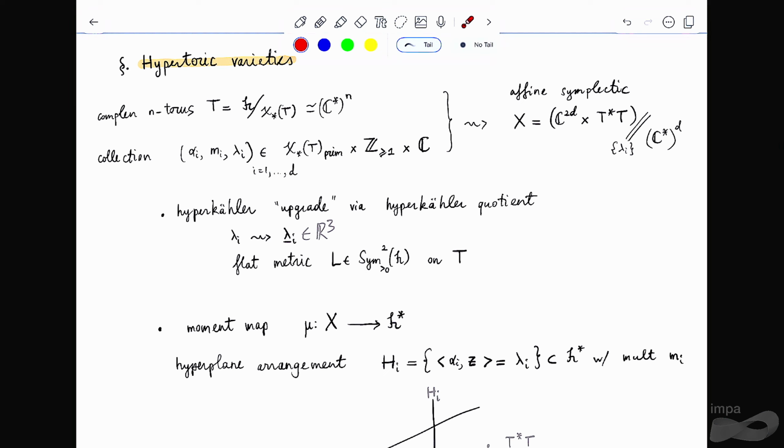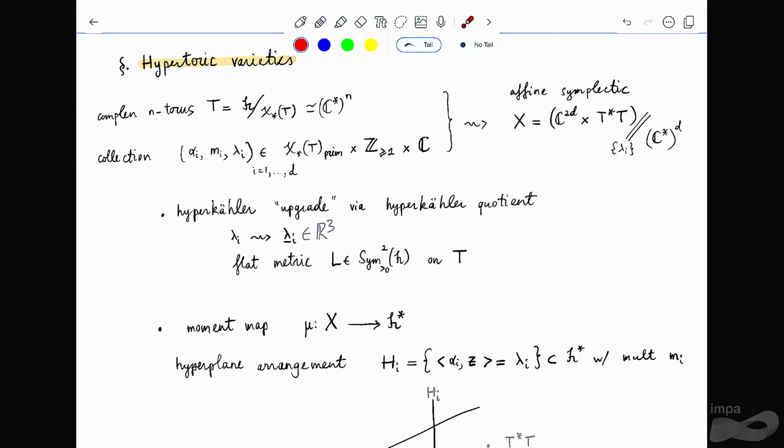So first, just in a generic complex structure, and the best way to construct them both as a complex symplectic manifold in a generic complex structure and the Hyperkähler metric is via holomorphic symplectic and Hyperkähler quotient construction. So on the complex